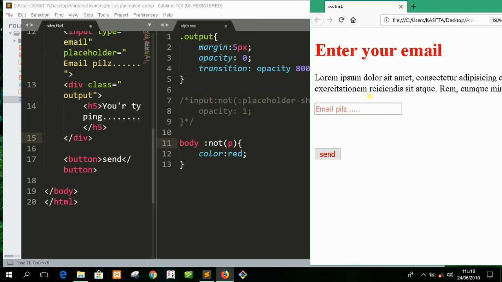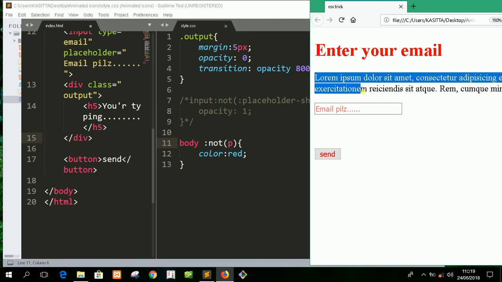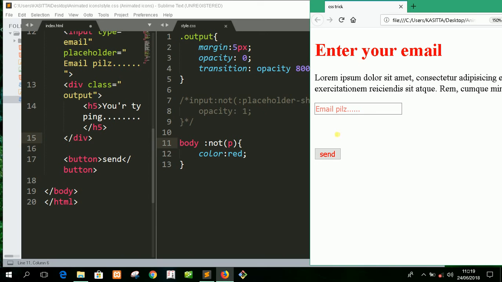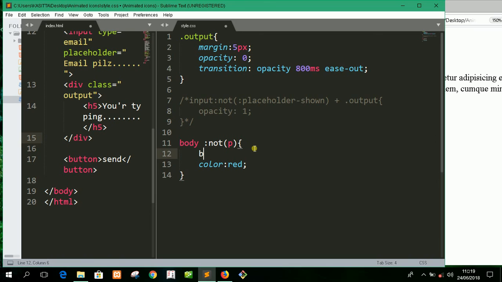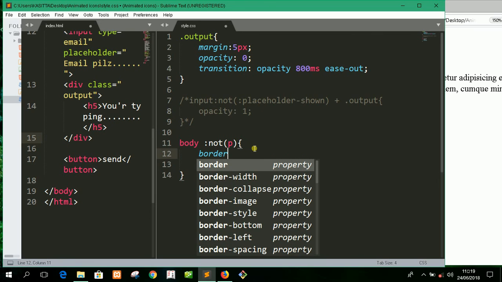So basically what we are trying to do here, we are making a rule that says inside the body, so this is the body, we want to apply this red color to every element but not the paragraph. So here we are saying not the paragraph. That's why you're seeing our paragraph has remained black, but everything that is not a paragraph is being given this rule. So to make it seen, let me put a border,